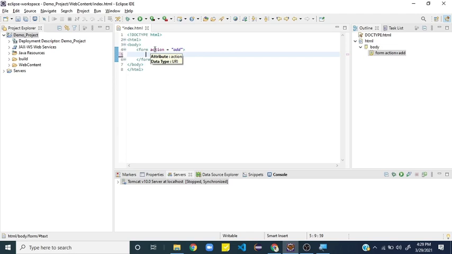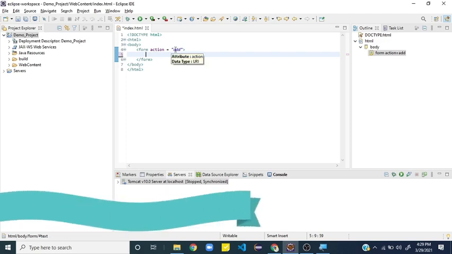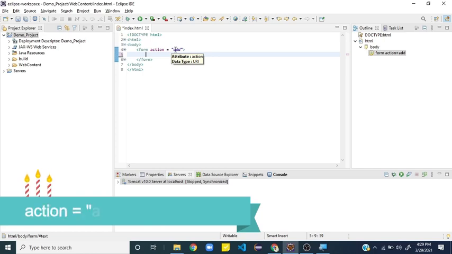Once you click the submit button, where it has to take, that's our important question over here. And here the name that we give, we call that a URL. Once you keep your mouse over there, you can see the data type is mentioned as URL. So any name that you give in action, we call it a URL.